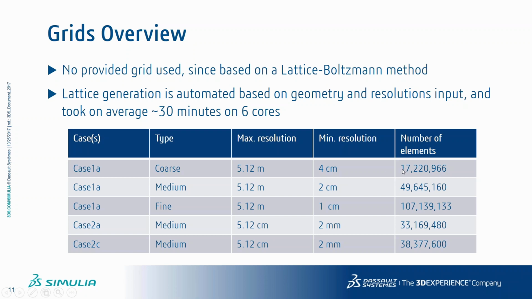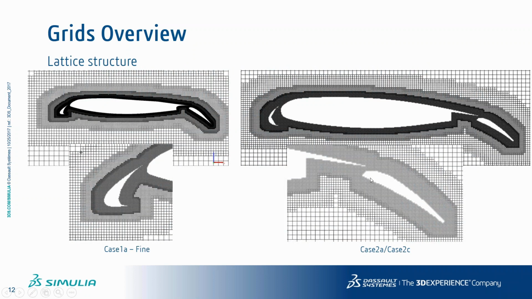So you can see, of course, since it's a Cartesian structure, it increases, well, very very fast when you refine, of course. So you go from 17 to 50 million to 107 million elements in the first case for the fine mesh, and then for the second case we use a medium-sized mesh of 2 millimeters near the walls and 5 centimeters at the far field, and that gave us approximately about 30-40 million elements. Okay. So you get an insight on the type of mesh we used for these